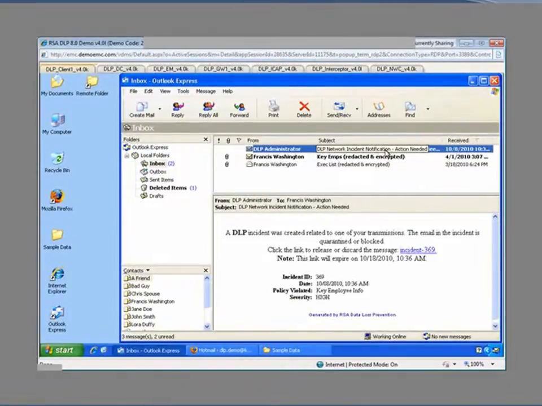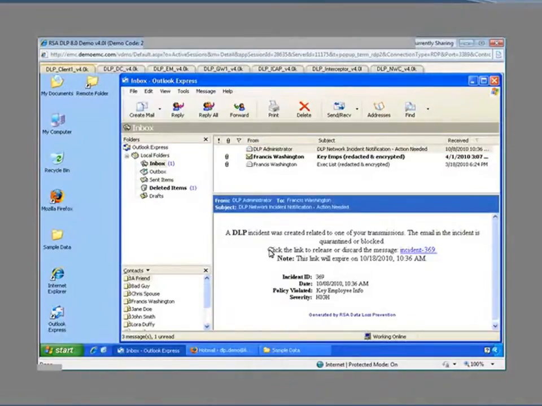So I'm thinking, what the heck is DLP? But then I can see below, it says generated by RSA Data Loss Prevention. I can see I have some kind of incident ID, and we can see that the policy violated was the key employee info policy. We can see it fell on the high level on the severity scale. But most importantly, I can see I have a little message here that says click the link to release or discard this message. So we see we have a little link here with the incident ID, and if I click on this link,